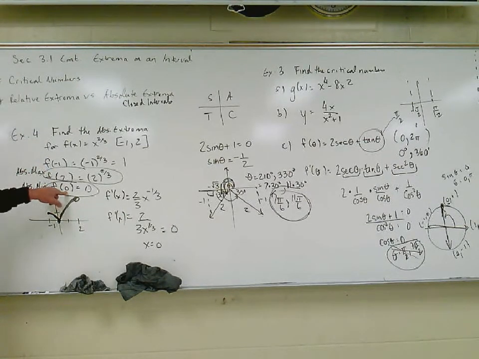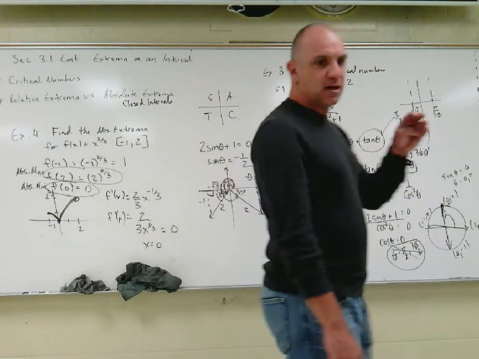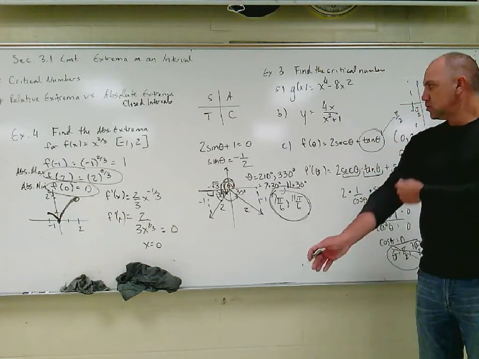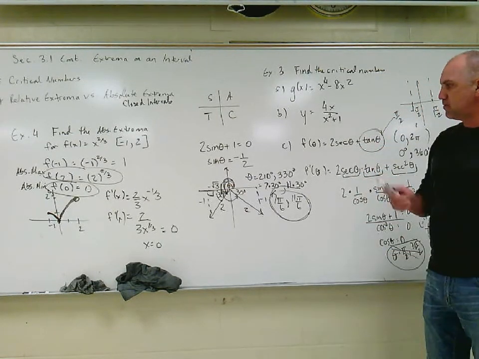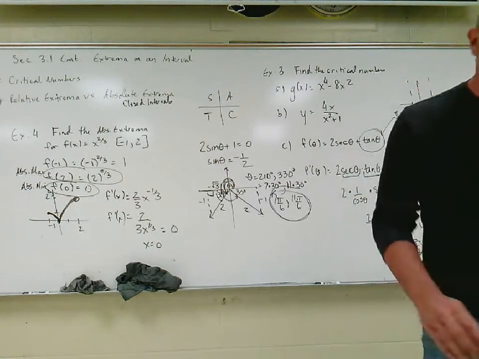X is 0 is called a what? Critical number. Okay? Critical number. It's the most important thing. If you kind of are foggy on things, I'd go back and watch the video. Go back and look at where I've emphasized critical numbers all day. Okay? So anywhere that the derivative is 0 or undefined, those are critical numbers. Okay, I'm going to stop this because